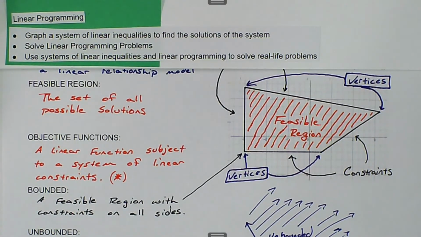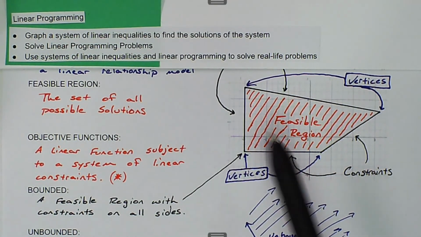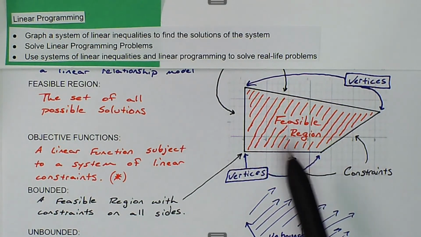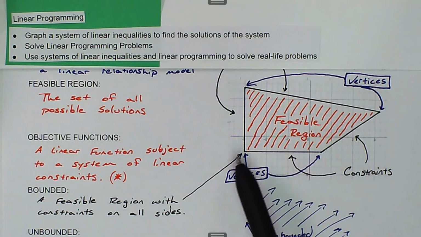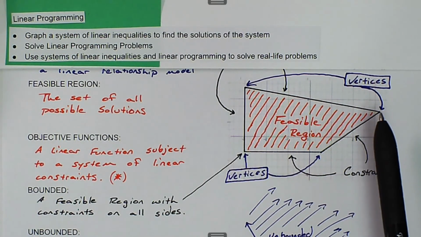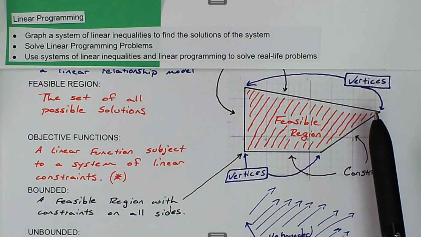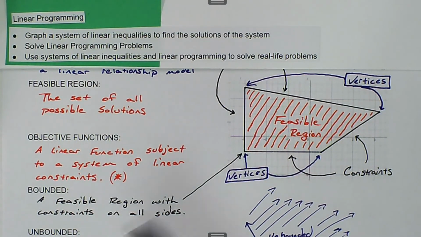So in this case, we would find our feasible region and identify the vertices, which we have identified. We'd use those coordinates, and then we'd substitute those four coordinates back into our original objective function and see which one fits the solution that we're working